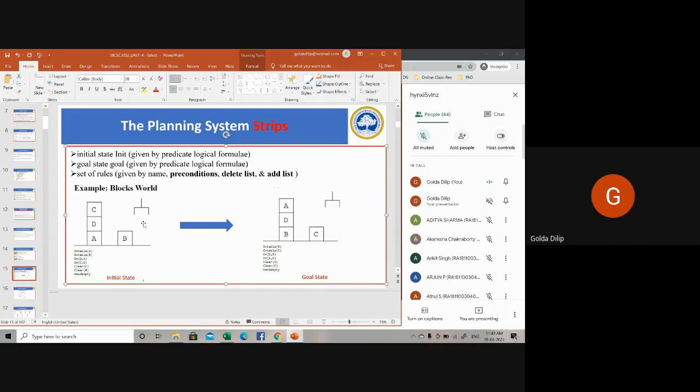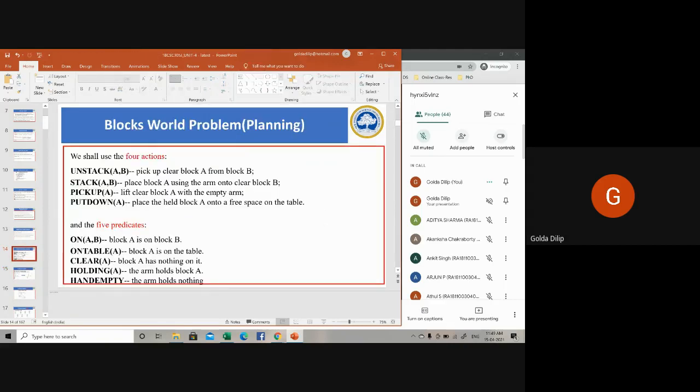Okay, so why this block world problem is chosen for explaining the planning system is that it's something very simple. This particular problem is sufficiently simple, and it's very easy to understand. And again, this problem provides a very good environment to study the concept of planning, and you can easily break down the problem into a number of sub problems. We can also show how the partial solutions can be combined to form a realistic complete solution. So that's the reason why we take the block world problem as a standard environment for teaching and learning about planning.